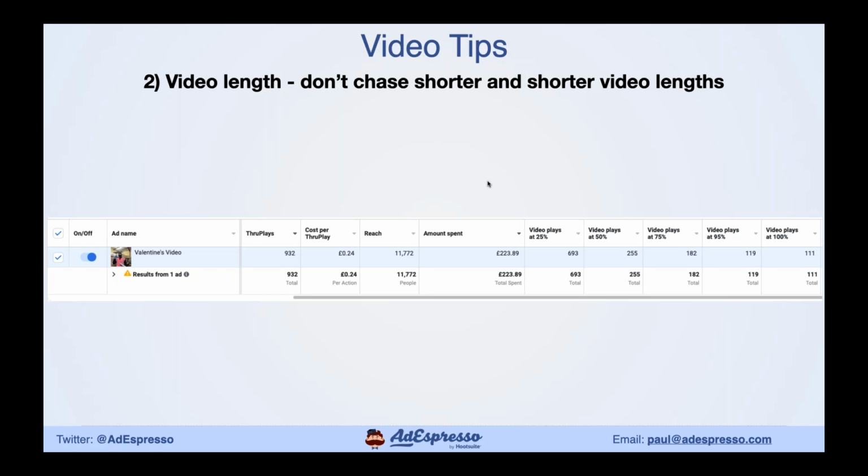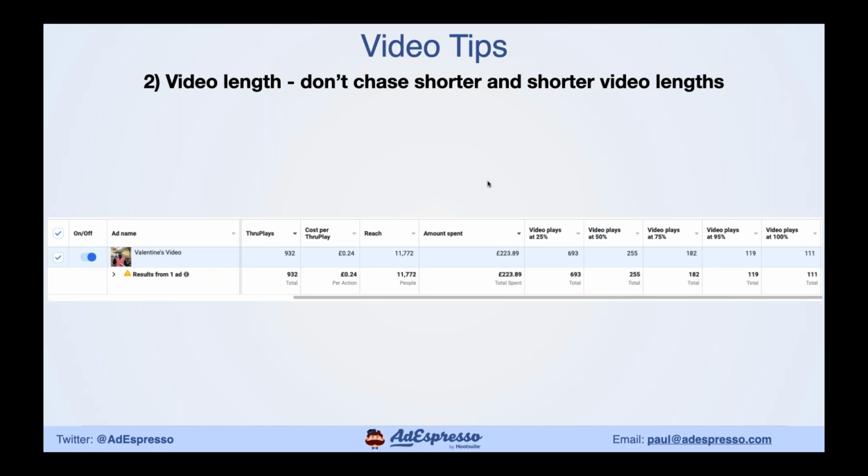And it just goes on, chasing these shorter and shorter videos. The recommended length on Facebook used to be 60 seconds, and then it was 30, and then 15, and then Facebook sometimes is advising 6 seconds. But I would say there's no point in chasing that because you always end up cutting your videos shorter and shorter. And what I see sometimes with analysis for e-commerce clients is the longer videos actually do better,